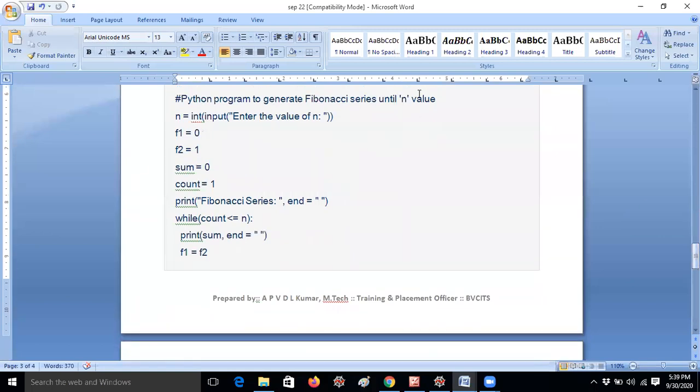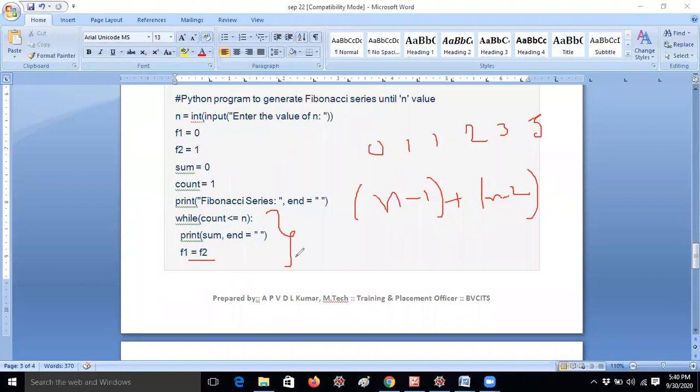Usually, with the Fibonacci series we are doing 0, 1, 1, 2, 3. If you check yesterday's material, I have clearly shown how I am calling the method: you have to add n minus 1 plus n minus 2. This is the logic we followed yesterday, especially for the exam, when doing the recursive function. But here we are just taking the values f1 and f2, adding the two numbers, then storing f1 equal to f2, f2 equal to f3. That is also one of the logics.